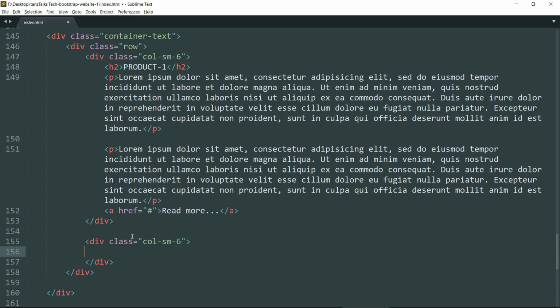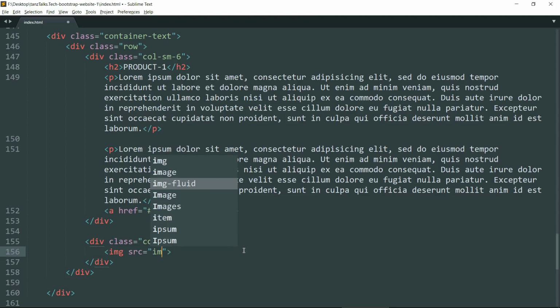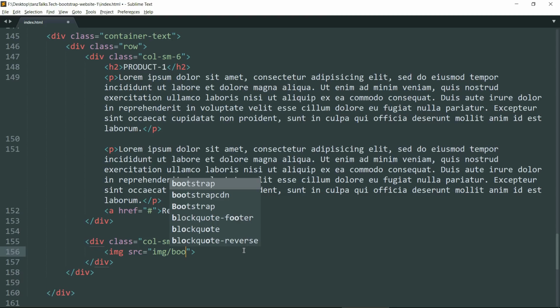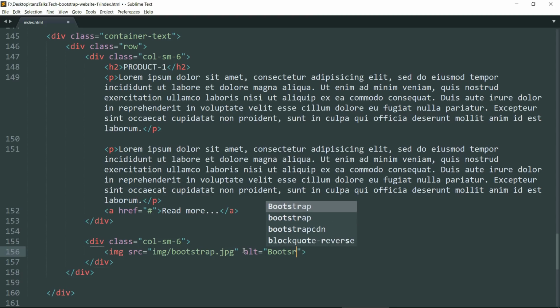Okay, now let's add an image. img, image and source img/bootstrap.jpg and alt attribute as bootstrap and title as again bootstrap.